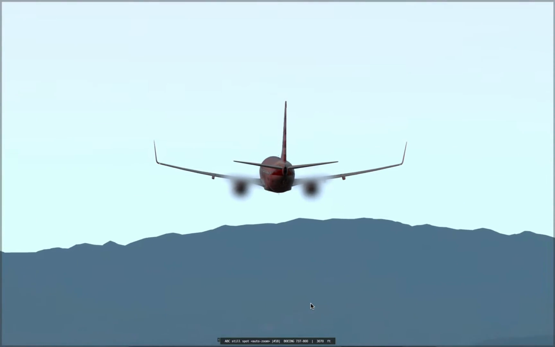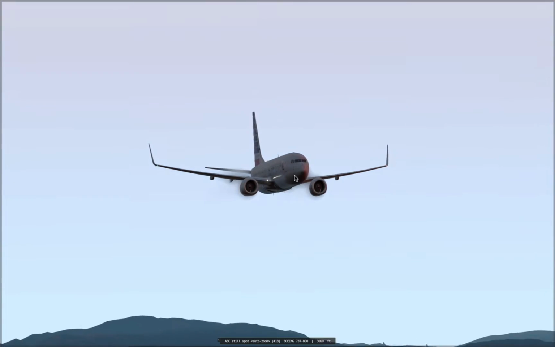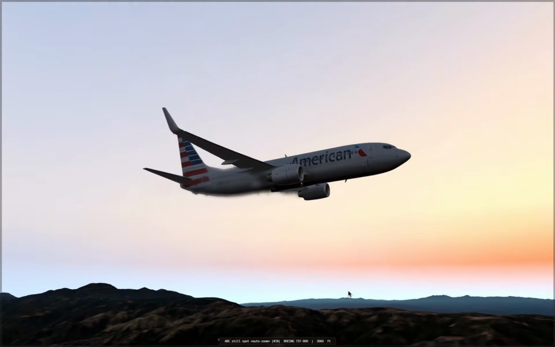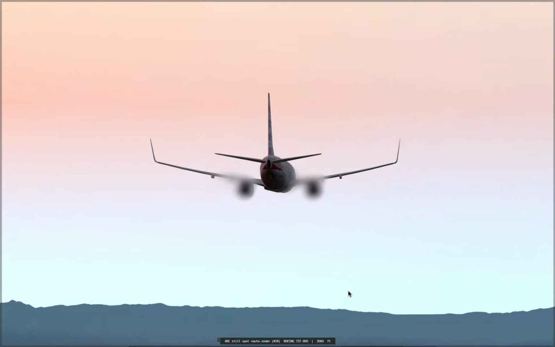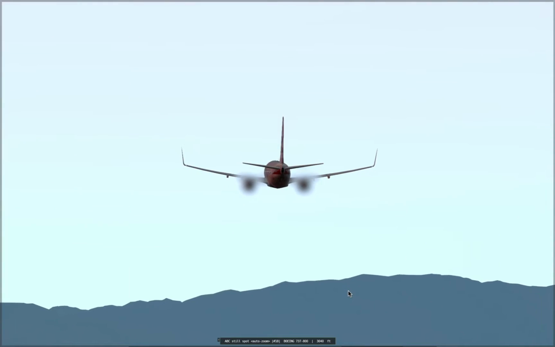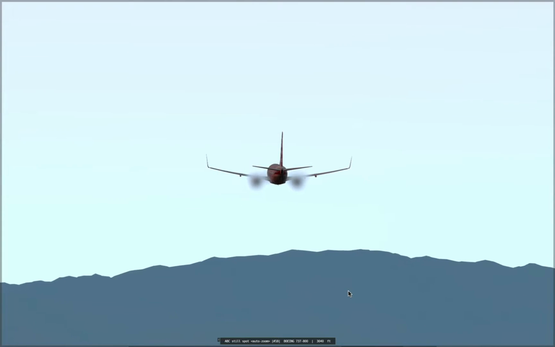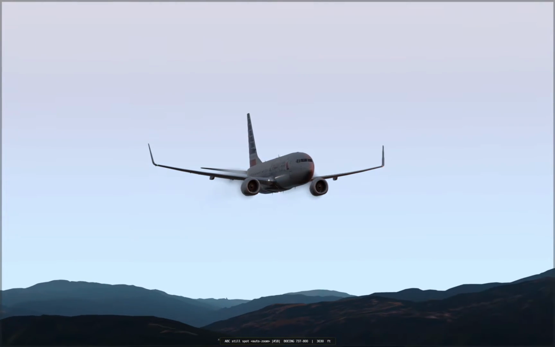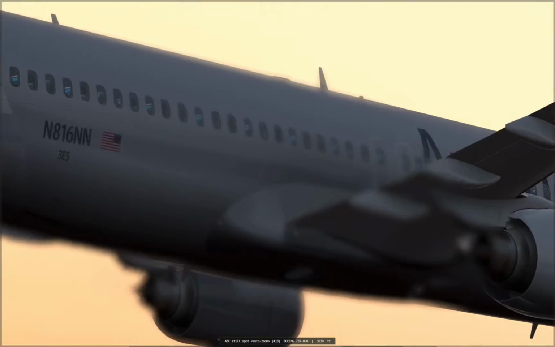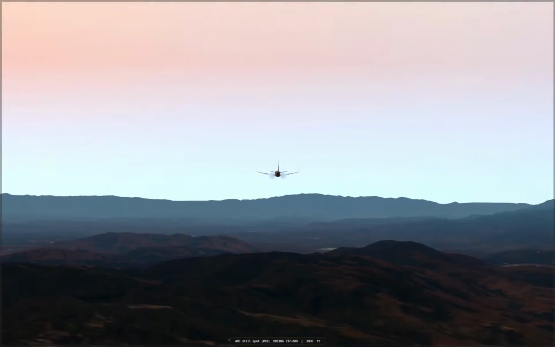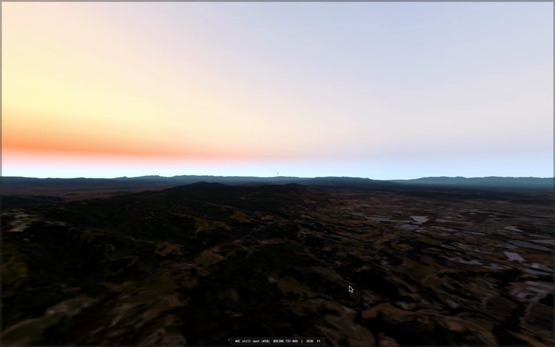And auto zoom, let's start it over. Auto zoom will actually keep the aircraft zoomed in at a certain level until it gets too far away, and then it doesn't keep zooming just for sanity's sake. So there it stopped zooming, and now it's getting further and further away. But auto zoom means you can't manually zoom out, but you can manually zoom in. So you can zoom in more, but you have to zoom out to this automatically calculated zoom level. So that's kind of a nice feature, I think,